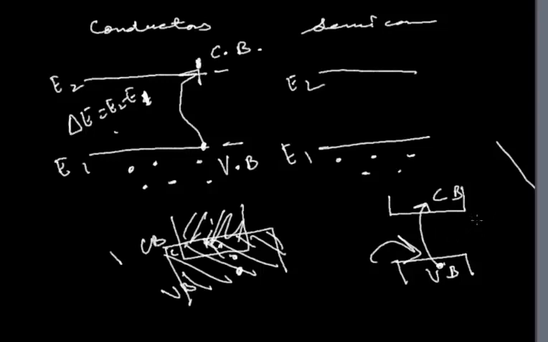This energy gap is not that high, it is less than 3 electron volts. In case of insulators, the band gap, the distance between the valence band and conduction band, is too high, so electrons can never jump from the valence band to the conduction band. That is why insulators don't conduct heat and electricity. So here it is less than 3 electron volts. To be more precise, in case of